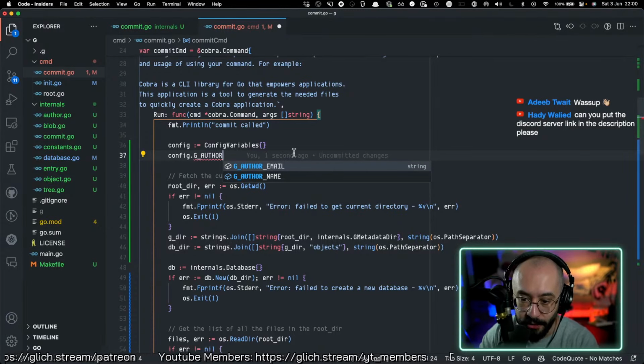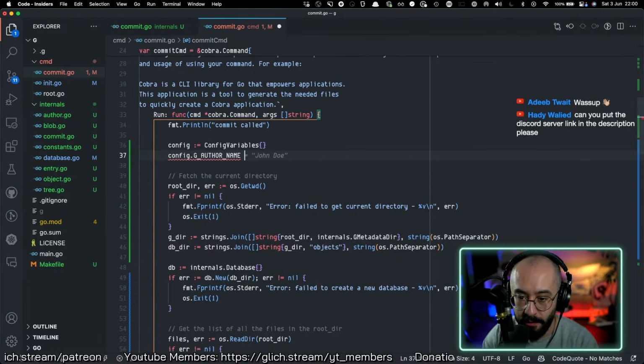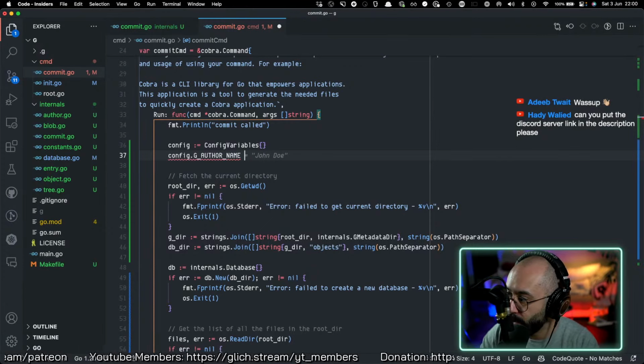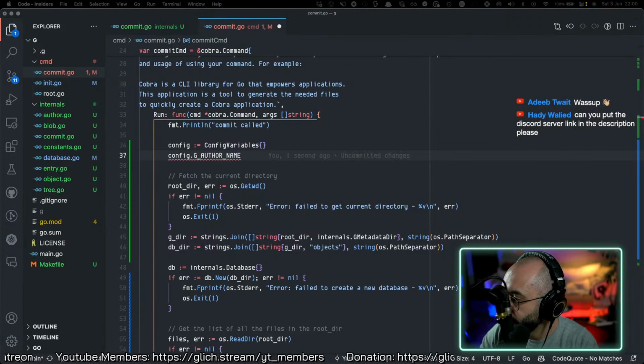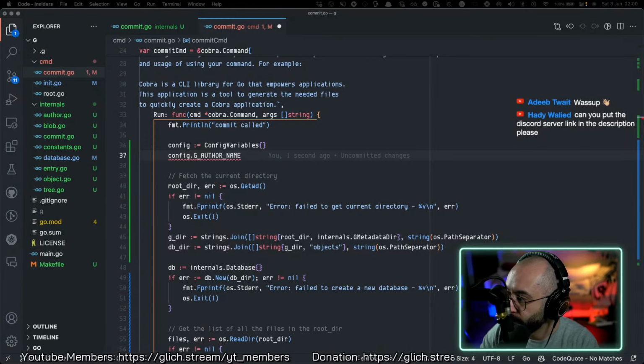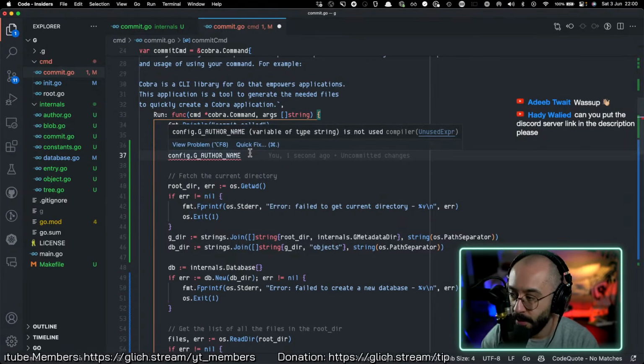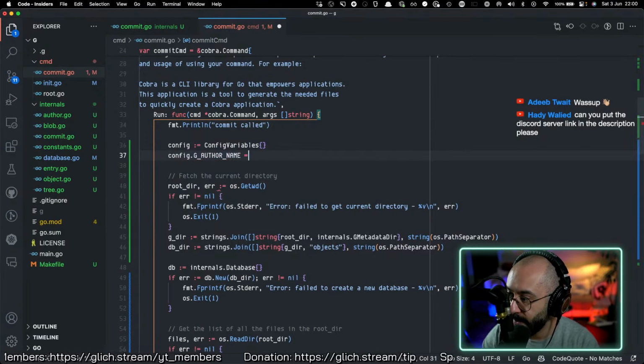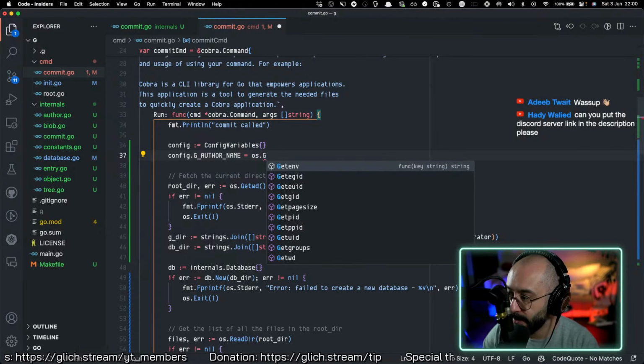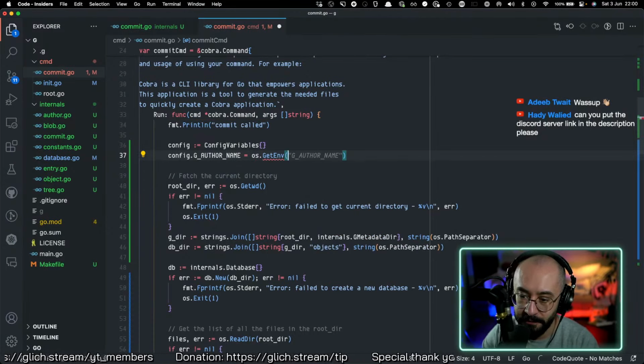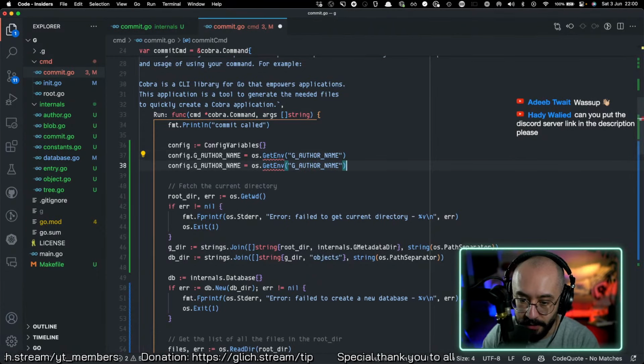All right, awesome. So author name, and we're going to read this author name from our environment variables, and we can do that with os.Getenv, and then we can read this one. We're going to do the same thing for